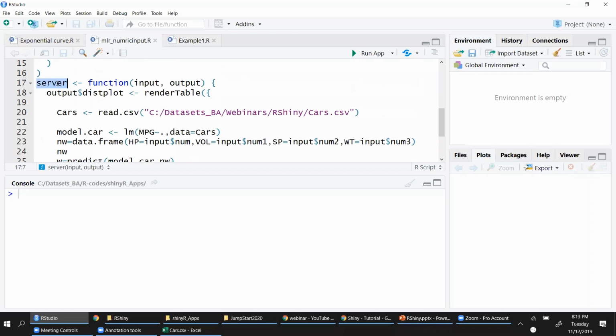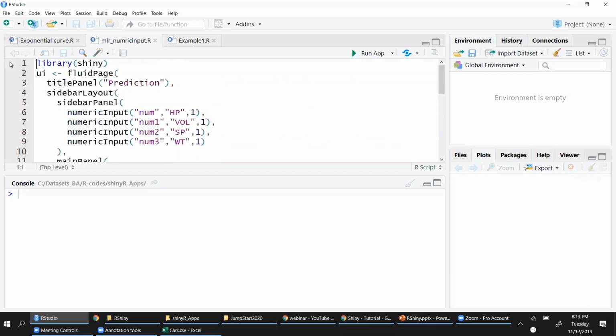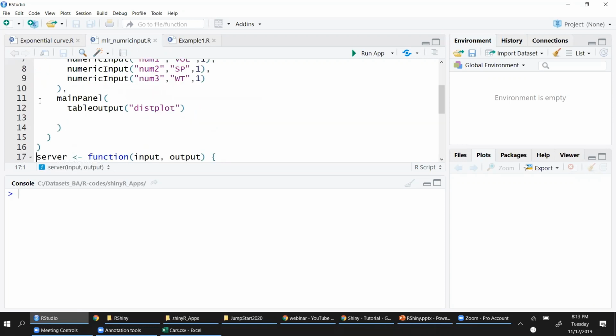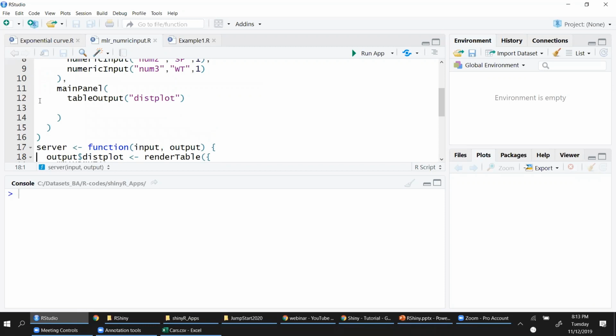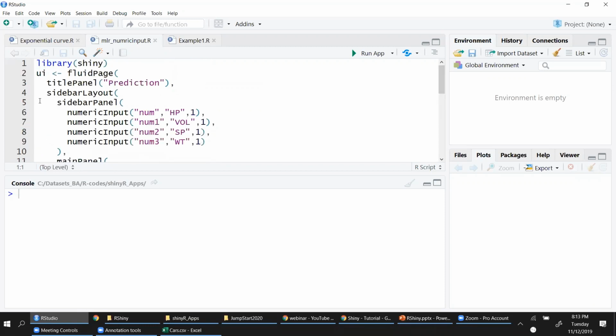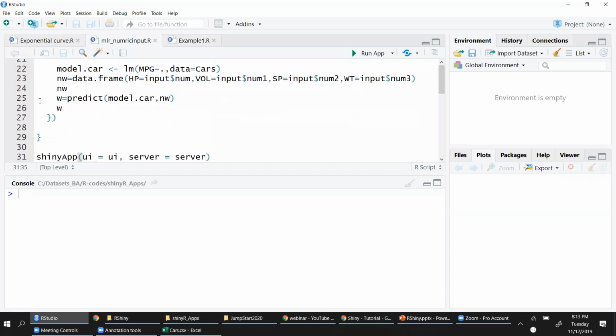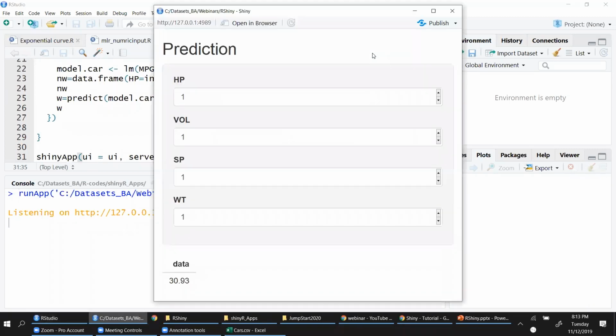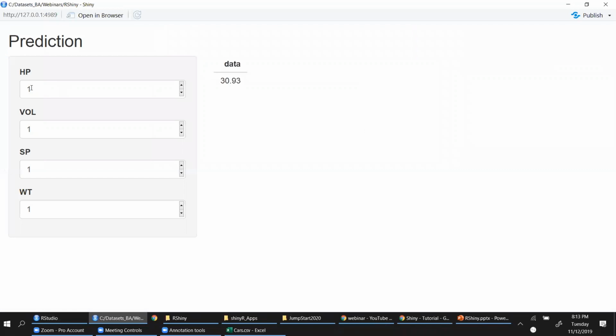This is the code, and you can change the name. It's just a name that I'm passing. So user interface object name is UI. Server function object name is server. All right. So this is what I have to pass now, and all you have to do is click on run application. By default, it is shown as 1, where your user's client would want to pass these as inputs, and that should give me an output.